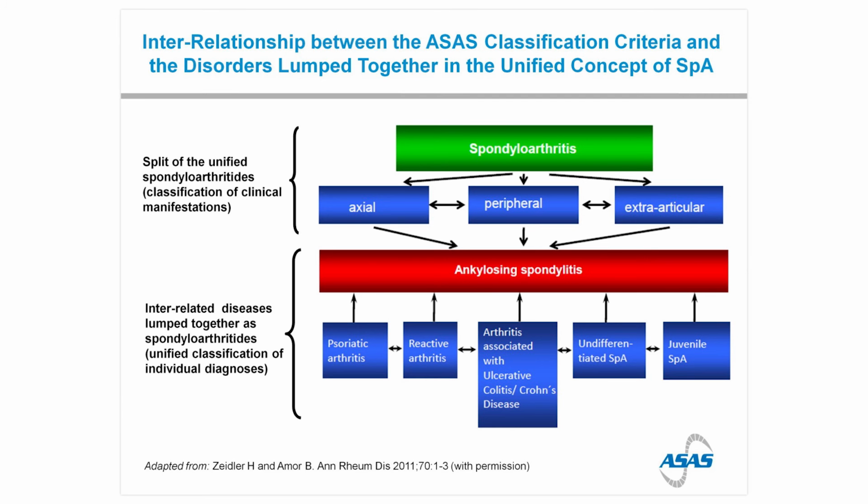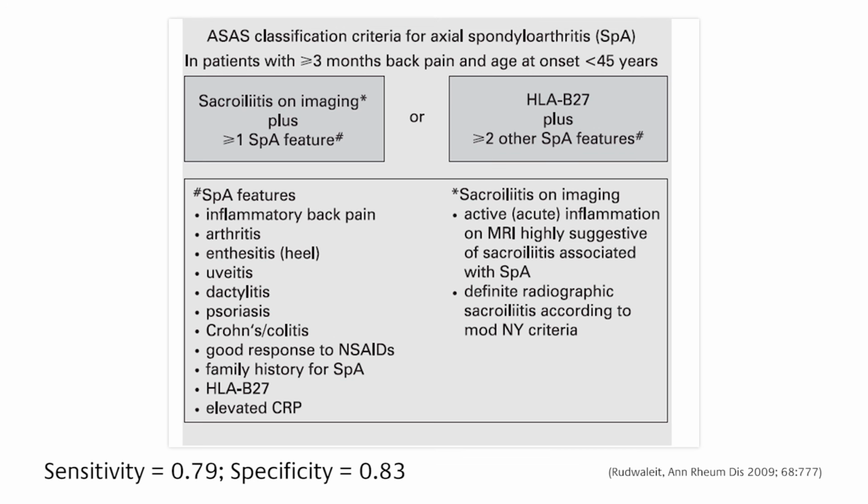And so we've sort of been reclassifying, and these labels that I showed at the first slide, psoriatic arthritis, reactive arthritis, arthritis associated with ulcerative colitis or Crohn's disease, undifferentiated spondyloarthritis, and juvenile spondyloarthritis, have been more or less folded into axial or peripheral spondyloarthritis. It's sort of a new way in which we're referring to these diseases. And the Assessment in Spondyloarthritis International Society, or ASAS, which is a group of spondylitis experts, I'm actually on their board of directors, but